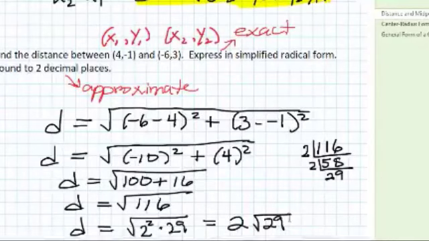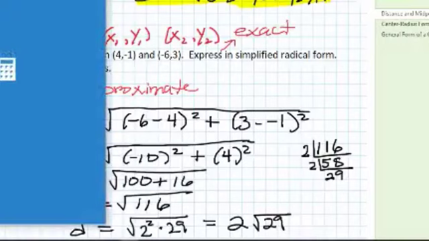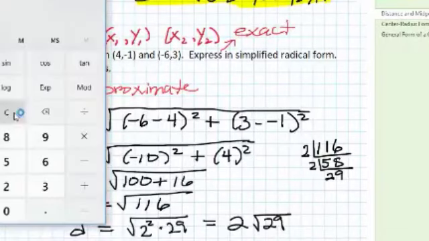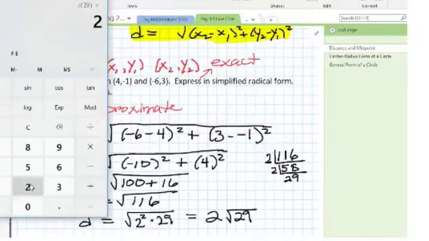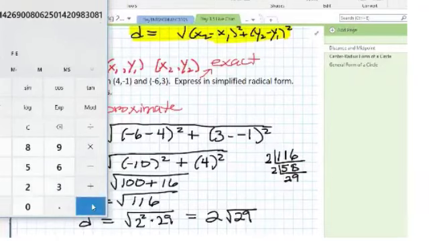So this is the exact solution, 2 square roots of 29, and we also want an approximation. So I'm going to open up my calculator here. I'm going to take the square root of 29 and multiply that by 2, or you can just take the square root of 116, doesn't matter. And we're going to get